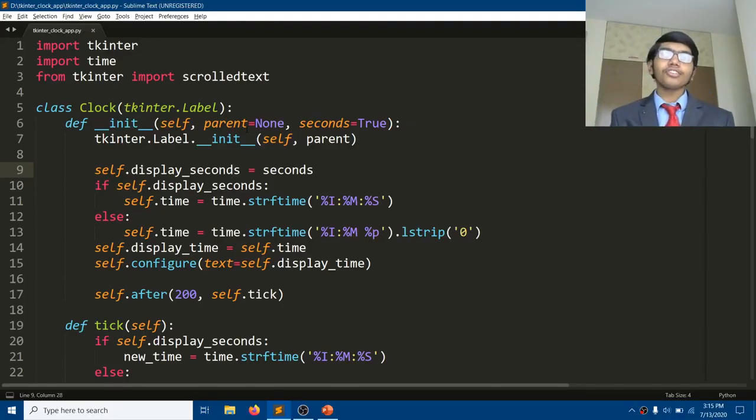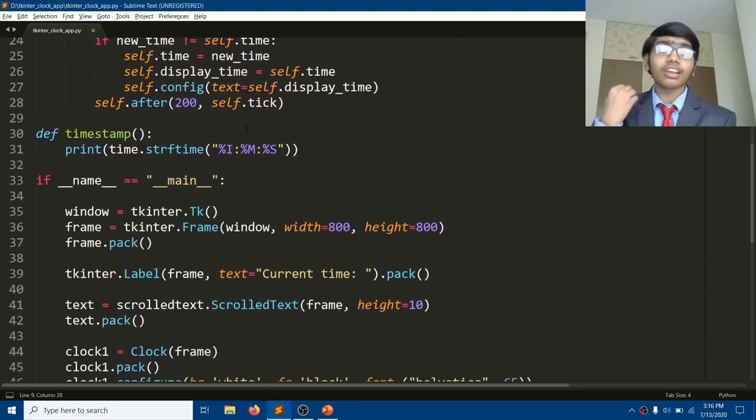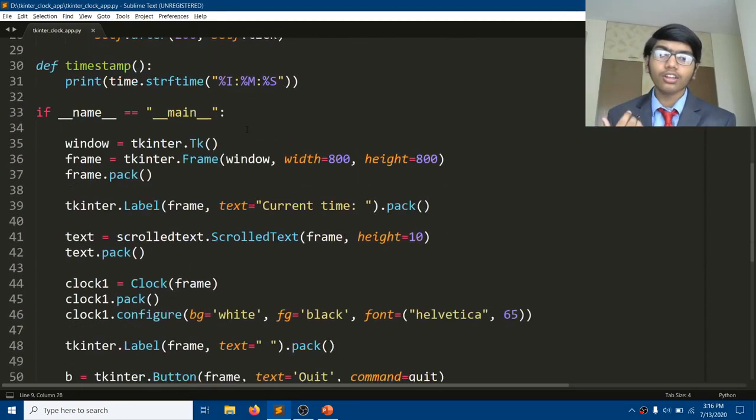So here is our application. First of all, we are importing tkinter for our graphical user interface, then tkinter scrolledtext, again for the graphical user interface, and we're also importing a module known as time. Time would help us to fetch the current time, which we are going to display in a clock. In here we are configuring different functions for different aspects, different actions performed by the clock.